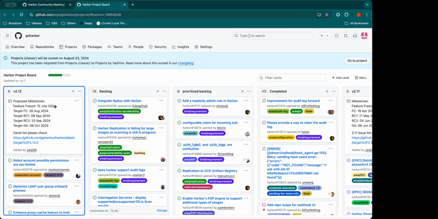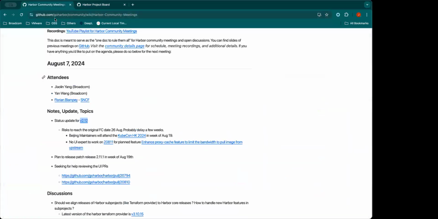But when we look back at the tasks we have already done, we realized there are some risks to reach the original FC date. There are a few factors. The first one is that we have already discussed KubeCon Hong Kong 2024 this year. We have a few sessions accepted by this event.